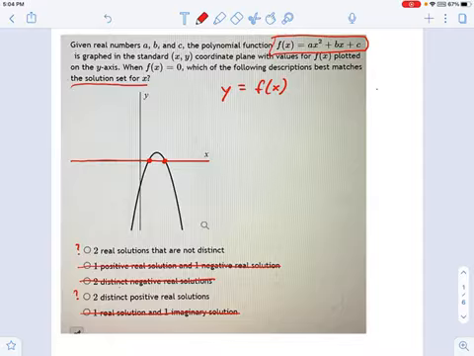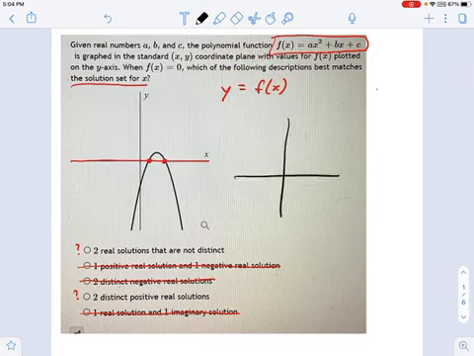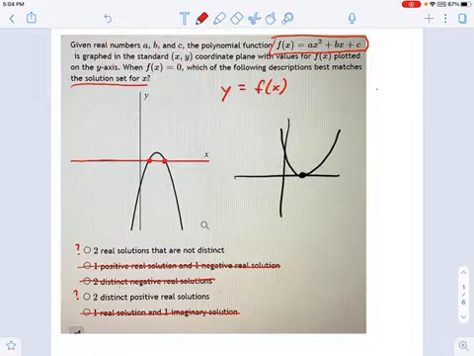So we've got not distinct would mean... Here, let me give you an example of what not distinct looks like. And I'm going to cut out the metaphors and let's just use a real example. Here's a graph that has not distinct solutions for x. In other words, just a single solution. I guess, two real solutions that overlap on the same spot. So we are looking at, for ours, two distinct positive real solutions.